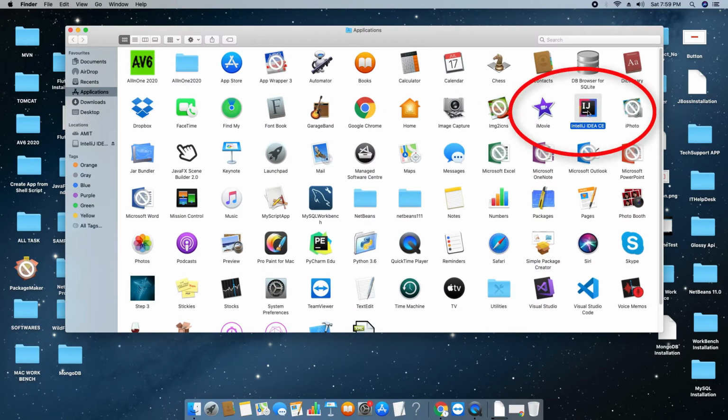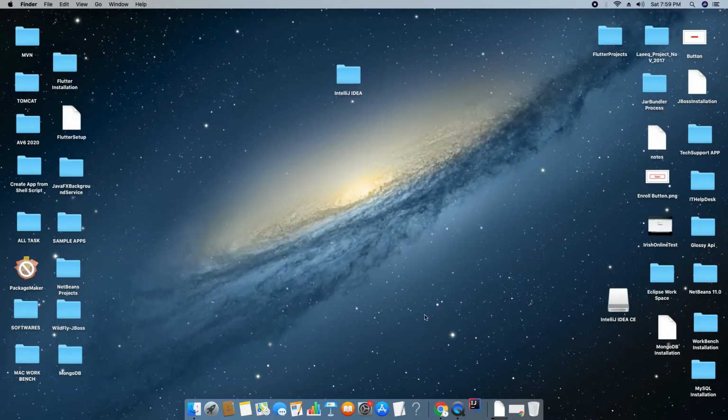This is the icon. Just double click to launch it for the first time on your Mac Catalina. So you will see some security pre-checks by the Mac operating system before launching this IntelliJ IDEA Community Edition.